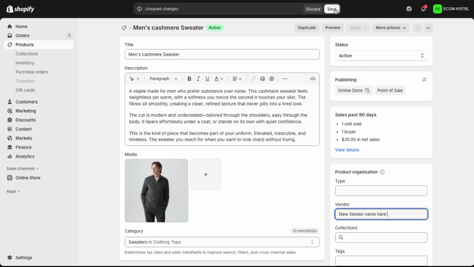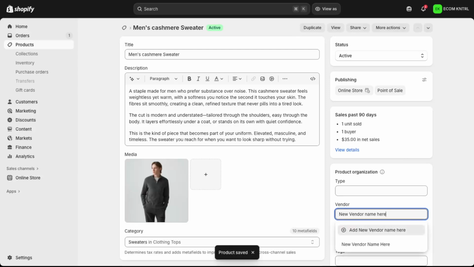Once you've entered the new vendor name, scroll back up or down to find the Save button, usually located at the top or bottom right of the page. Click Save to apply your changes. Shopify will take a moment to update, and once it's saved, the new vendor name is now linked to that